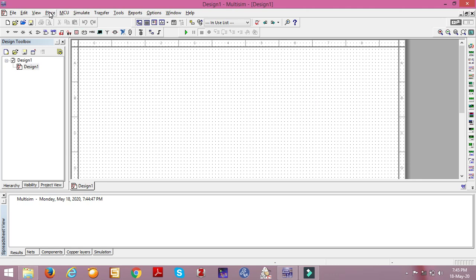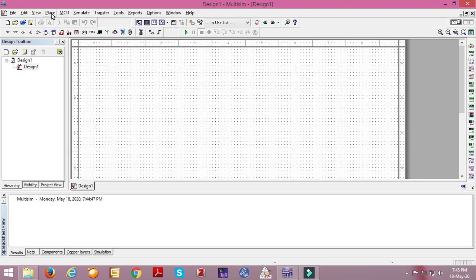First, make sure that the components are available in the library. I believe most of the components you would like to use in your circuit are available in the library.